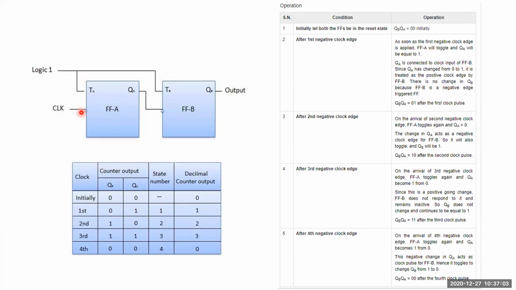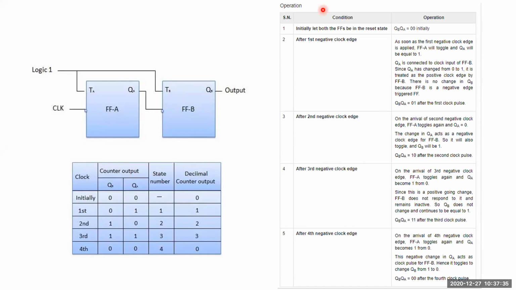In this one, for the first one, we use a clock. Clock has been given to this particular flip-flop, and for the second flip-flop, the output of the first flip-flop will become the clock input to the second flip-flop. And these two flip-flops are triggered with a permanent logic 1. A permanent logic 1 has been given as an input to the toggle flip-flops, and depending upon this toggling nature, it will produce some output. So let us see how this asynchronous counter will be working.